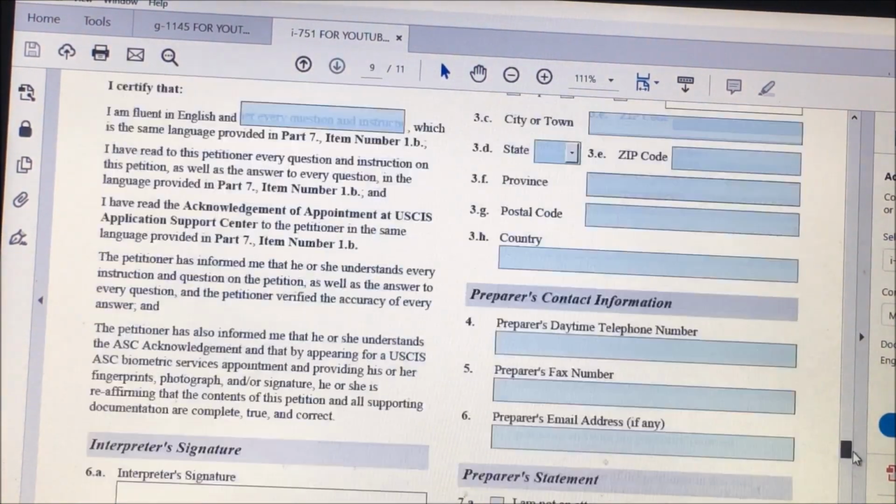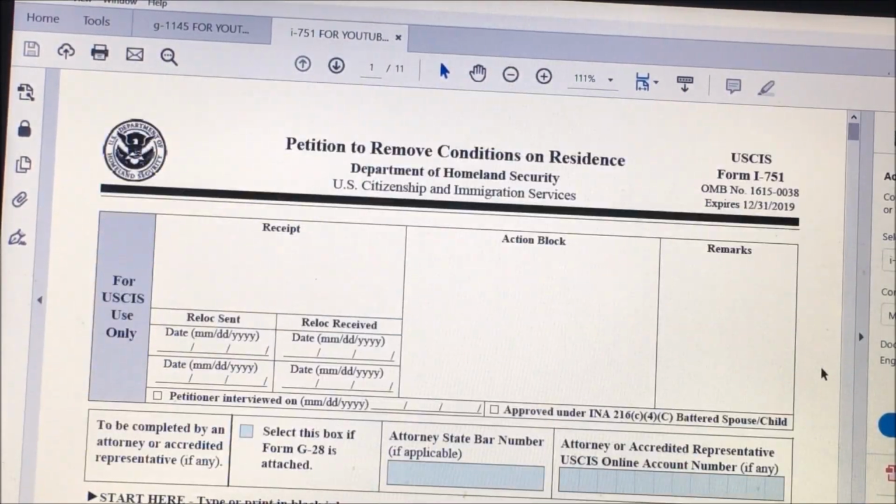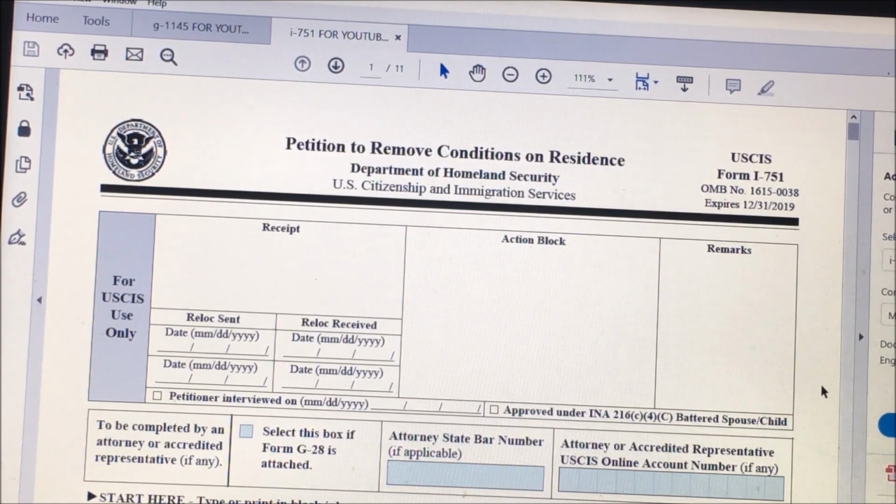So I hope I explained in detail. I hope I explained it very well, so that you will understand how to fill out this form, because honestly, I took 1 month researching, asking lots of questions for me to understand how to fill out this form I-751, because I don't want to have any mistake on this form when I send it to the USCIS. And I hope and I'm praying that all my forms are correct and I don't receive any RFE or whatever negative